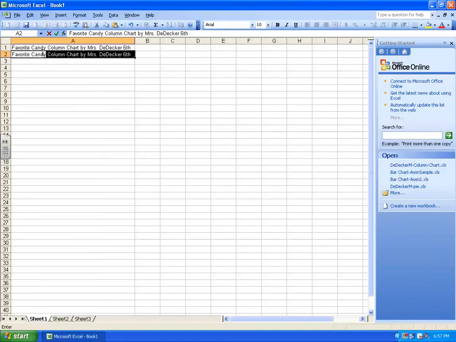And Excel is kind of nice. If you've repeated a column, it helps you by trying to retype it for you. I don't want the rest of this, so I'm going to simply press my delete button and it'll go away. And then I can go to column B2 and type in number of students